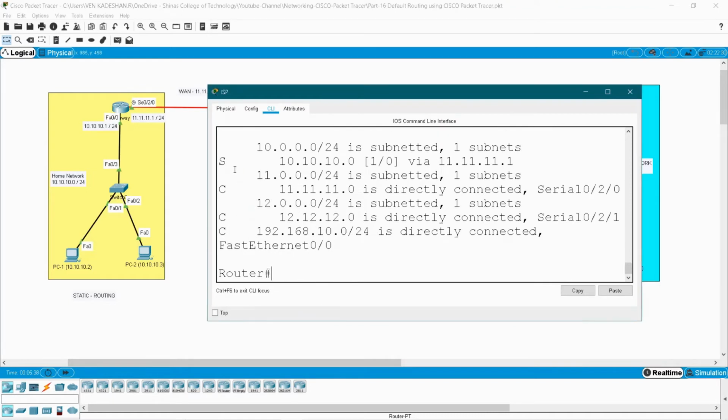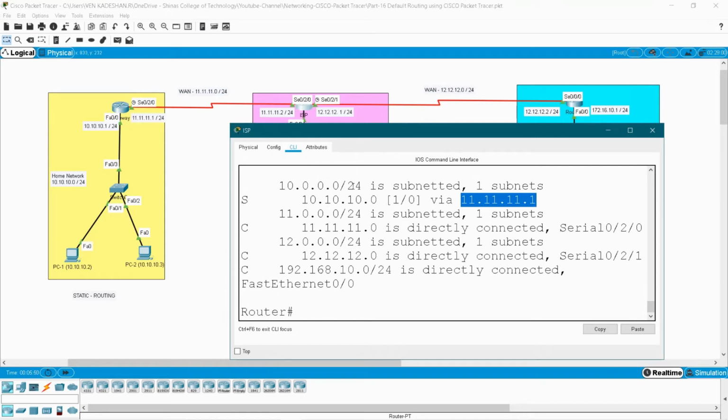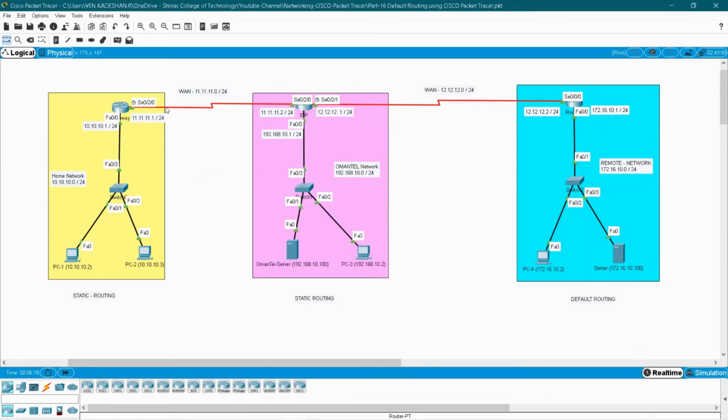Now check with this ISP router, enable, then show IP route. This ISP router has 4 routes. One is a static route to this home network 10.10.10.0 through next hop IP address 11.11.11.1. And 3 are directly connected: 11.11.11.0, which is this wide area network, another directly connected network, the wide area network 12.12.12.0, and another one is the Omantel network 192.168.10.0. So this router has routes to this and this, but it also does not have a route to this remote network